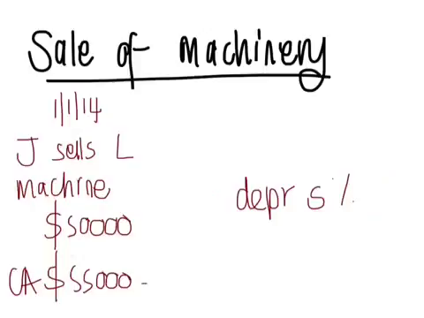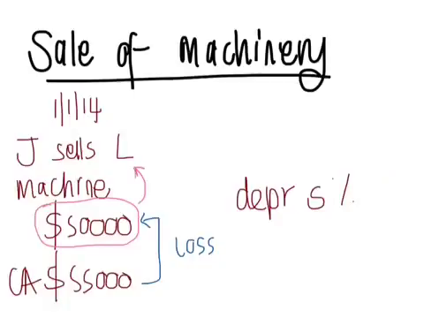So immediately you can see Jade would have recorded a loss on the sale of this machinery, but from the group perspective, the machinery should not be carried at $50,000, which would be the case from the combined accounting records,